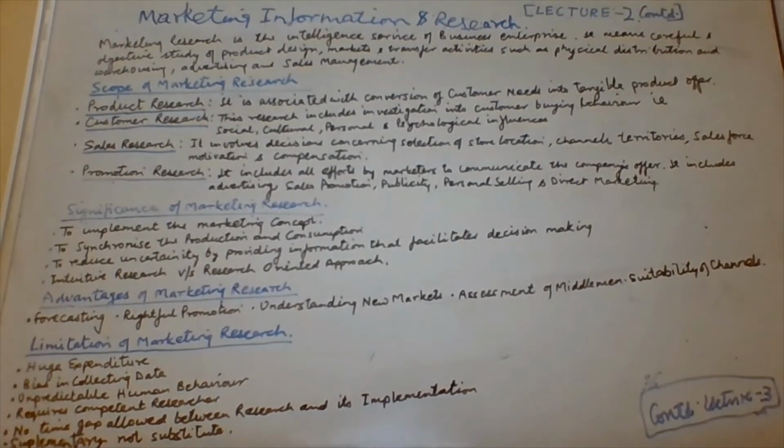To summarize, the first is forecasting. Marketing research helps in forecasting. Forecasting is related to the sales volume and the profits to be gathered. So one aspect of marketing research is how much the company will be able to sell, or what is the volume of the market segment or the consumer segment.